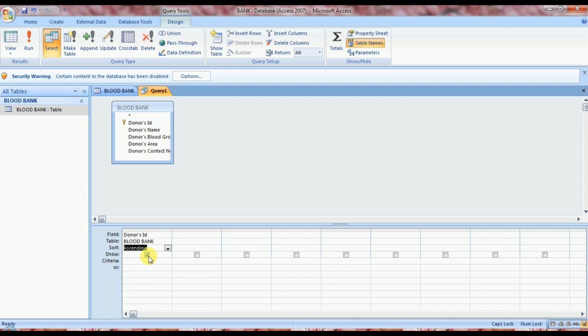Now the show checkbox is activated right now, meaning this field is displayed in the query window. If I uncheck it, then it will not be displayed. So I select this checkbox.